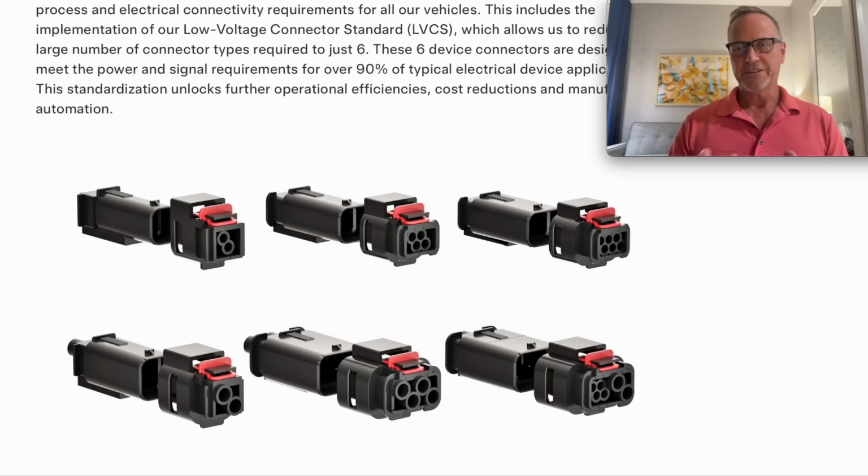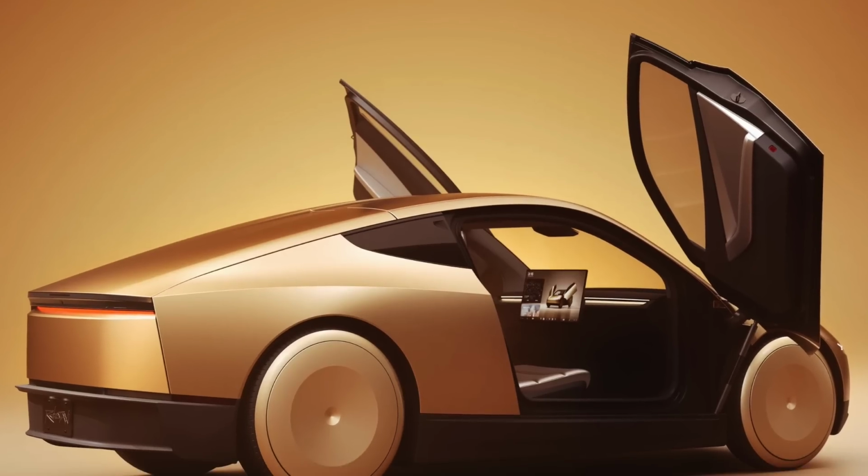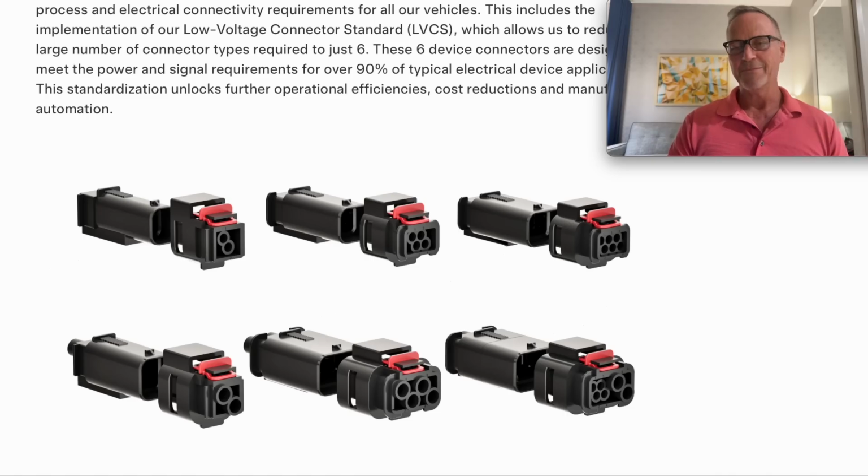So let's take another look at these connectors and think about what this actually enables Tesla to do, particularly with autonomous vehicles, as they said, i.e. the Cybercab. So the big thing about the Cybercab is, of course, that it's going to be autonomous. It has no steering wheel and no pedals or anything like that. But just as important, it's going to be built in an unboxed method,